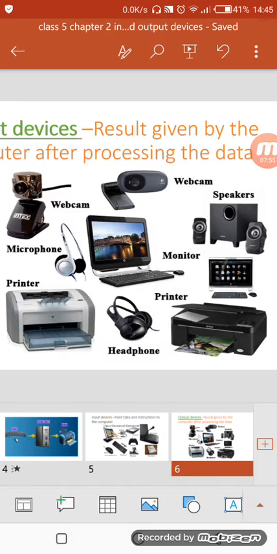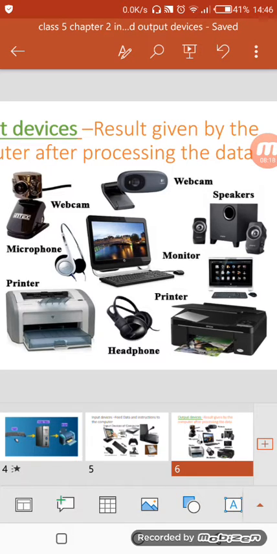We connect our phone to our speakers. We select a song with the help of the touchscreen phone. This is the input device, and whenever the sound comes out of that speaker, that is our output. And the device through which the sound is coming, we call that an output device. So our speaker is an output device.